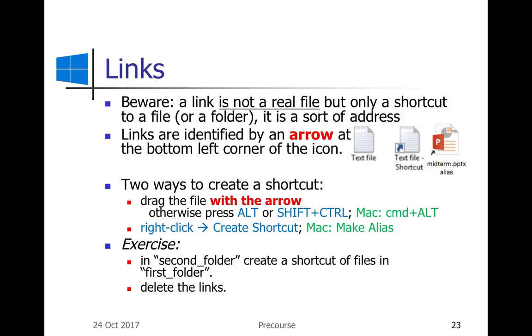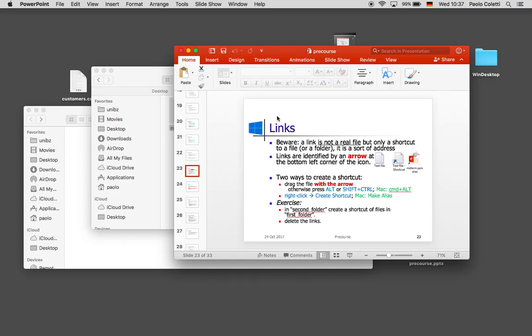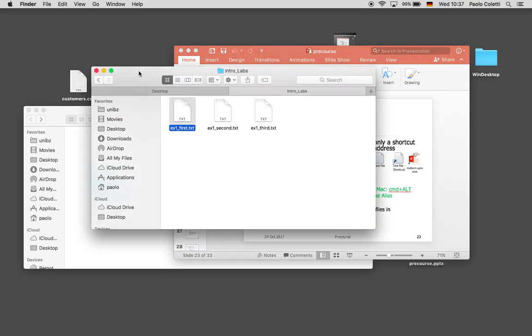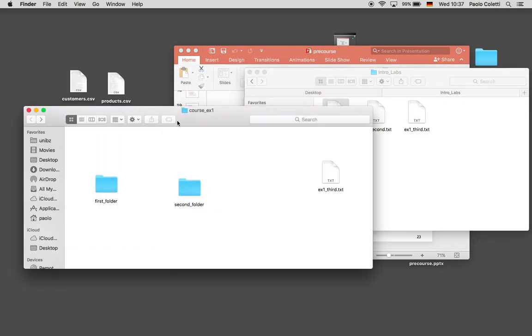So how to create a link? I teach you how to create a link only to suggest you not to create them unless you can handle them. So let's see how to create them. You take a file and you drag here pressing Command Alt. Today probably it won't work. Ah yes, it works.